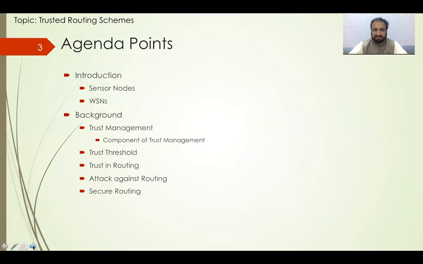Agenda points to be discussed. Introduction. In the introduction, we have sensor nodes, wireless sensor network. And in the background, we have trust management, component of trust management, trust threshold, trust in routing, attacks against routing, and secure routing. Now, the first question is that